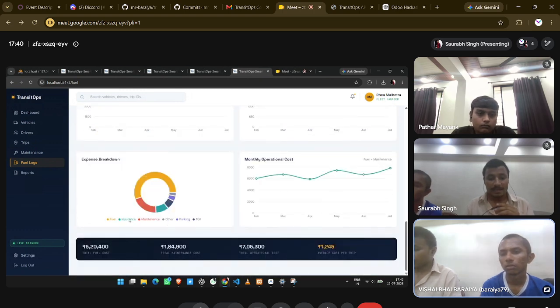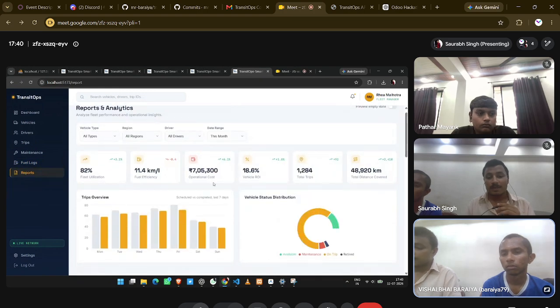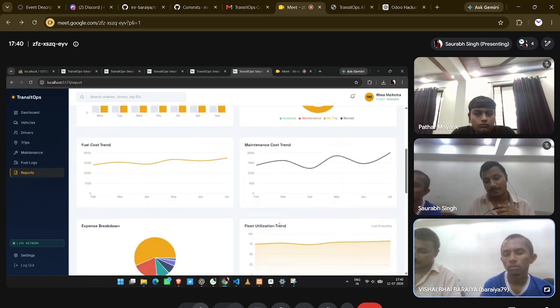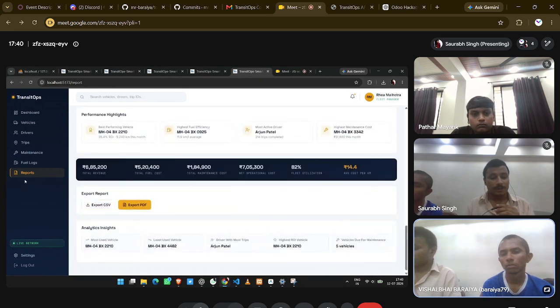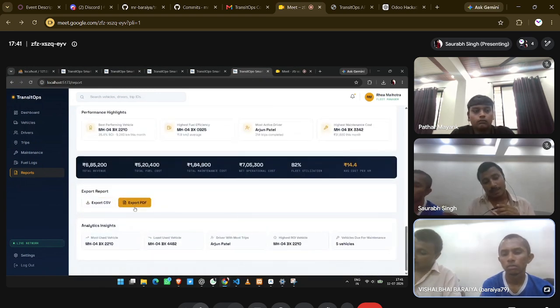I have already explained the fleet manager, and this is the report, where we can see everything from efficiency and operation to total distance, all in a report. Here we can download the report, and we can generate as many reports as we want. So this is all about our project,